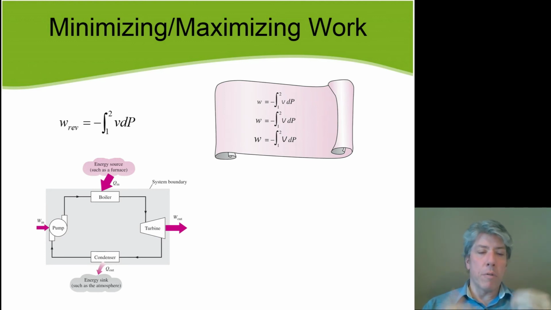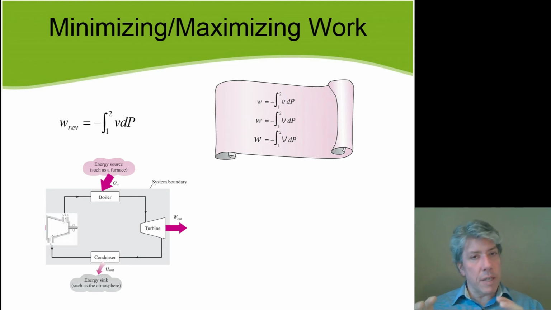In fact, we understand reversible steady flow work, and you know that actually, if you try to replace that pump with a compressor and don't condense out the vapor into a liquid, and rather you let a gas flow through it, guess what's going to happen? That compressor will require a heck of a whole lot more work, and a much larger percentage of the work produced by the turbine will have to go back into driving that compressor just to keep the cycle running, because of this equation, this reversible steady flow work equation that says, look, if you have a very high specific volume